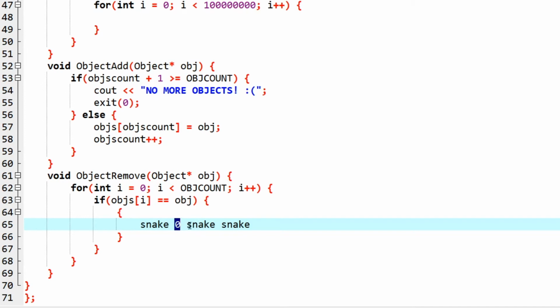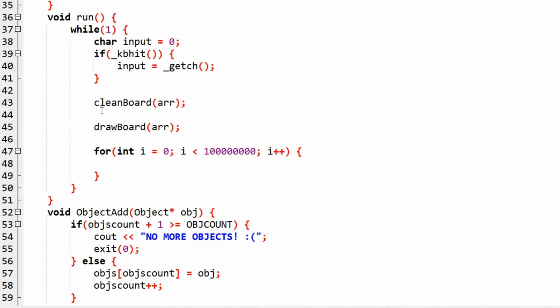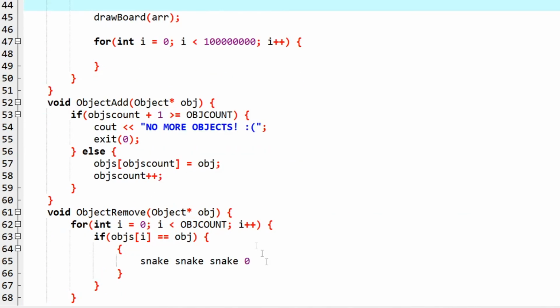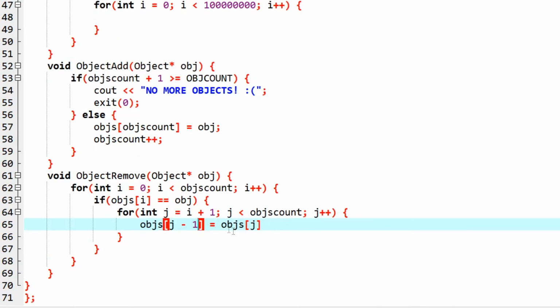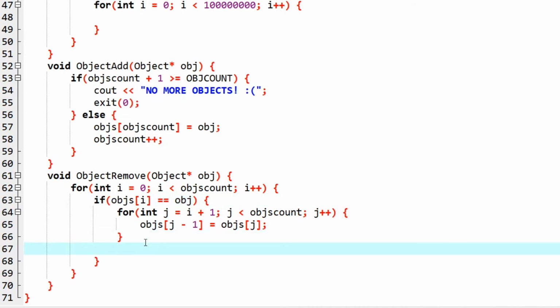I want this snake to come here and this snake to come here, so that this 0 is at the end, and the code that I'm going to run here in a bit, it doesn't run for this last 0, right? This will make sense in a bit, but for now just trust me. So I want every next object to be moved to the location of the previous object, so that this object of I actually gets replaced by the next, and the next gets replaced by the next, and the next gets replaced by the next till the end. At the end of all of this, we have one less object left.